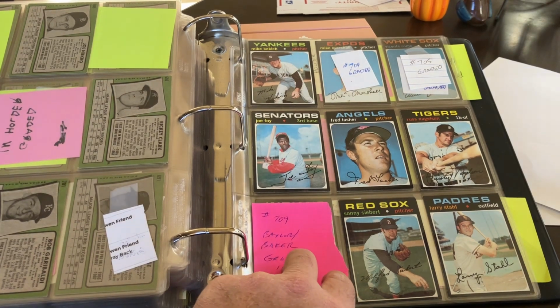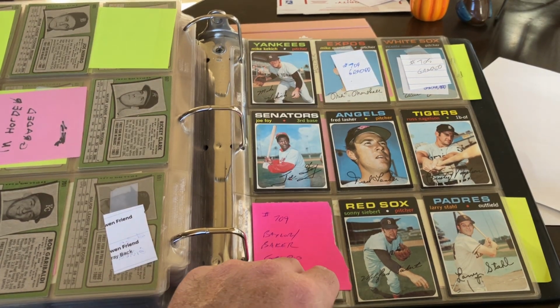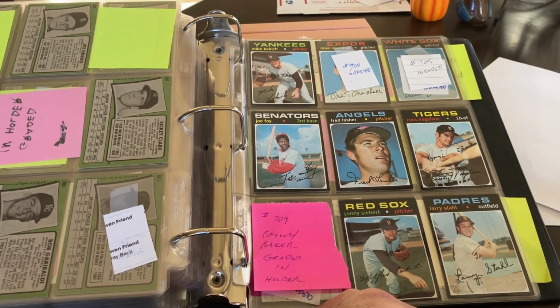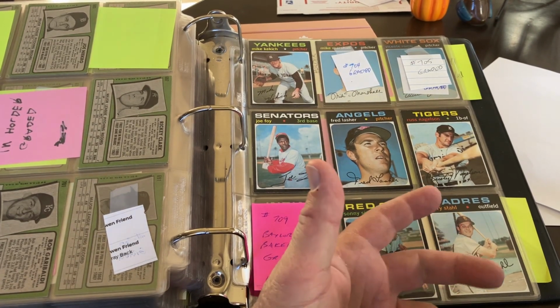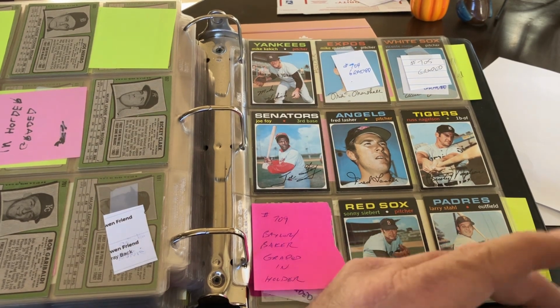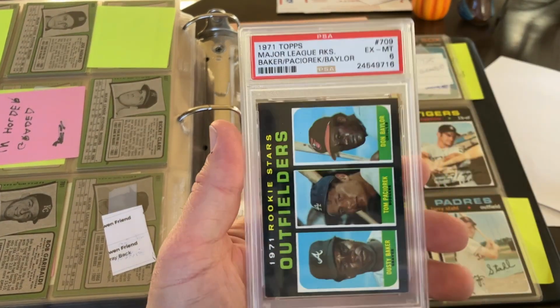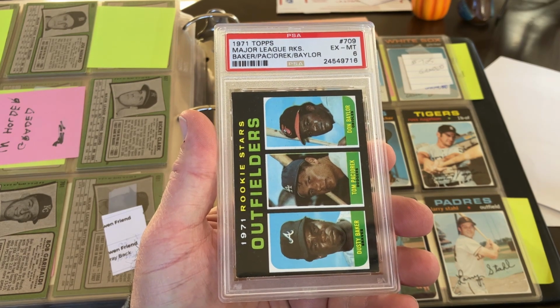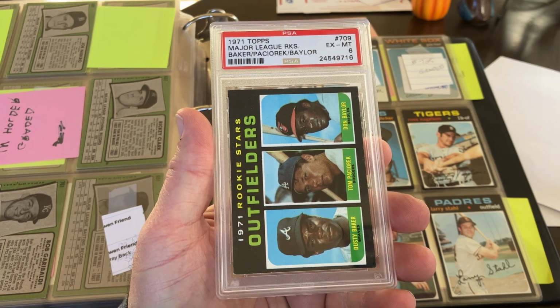Okay, this is another early on when I was trying to upgrade or get cards graded, or this is one of the early on ones too that really struck me. It's like, oh my, are you kidding me? This card is insane. So again, this is short printed, and it's just such a premium on this dang card. So this is the one that I have in a 6. The Don Baylor and Dusty Baker